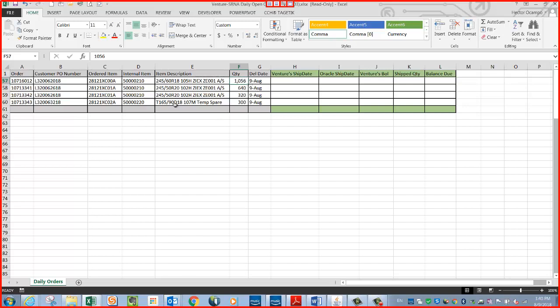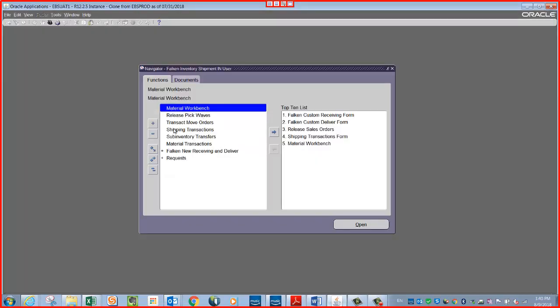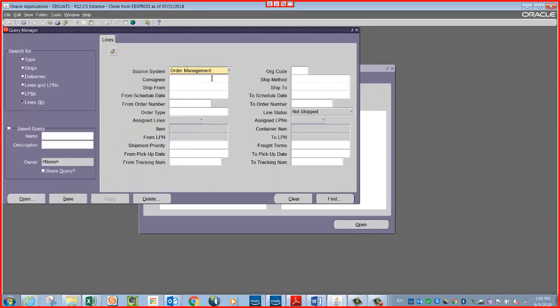So the first thing you need to have is all the order details, which is the order number, the item, and the quantity. With this information you go into the Oracle system. You can just grab the order number and go to the Oracle system, and the first place you will go is the submenu called shipping transactions. You can just double click this or click open, and it will take you to this